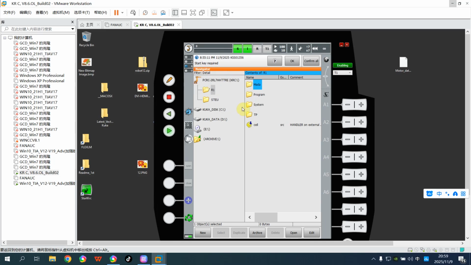In this video, I'm going to tell you how to program in TIA Portal to externally start a KUKA robot. Before you program the code, let's assume you already configured Profinet communication in the KUKA robot and the TIA Portal